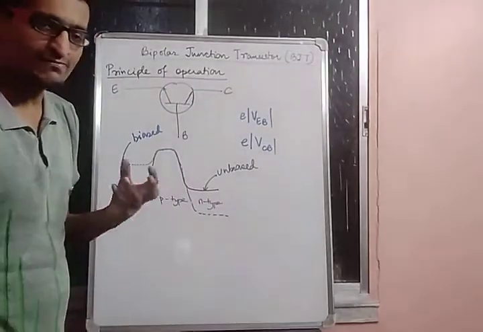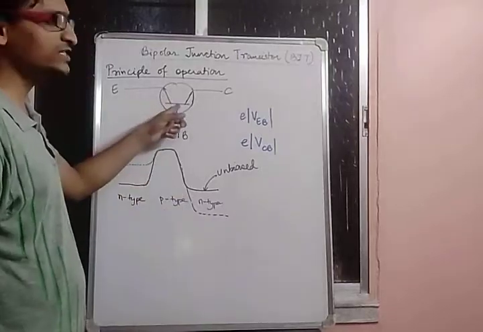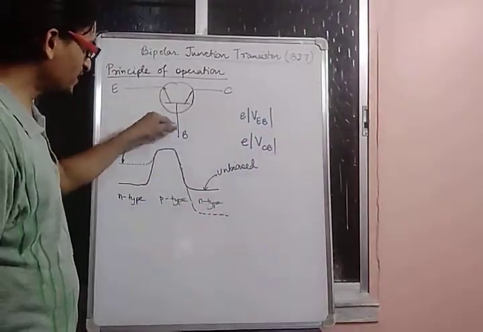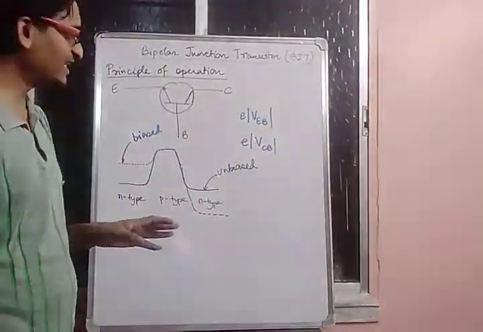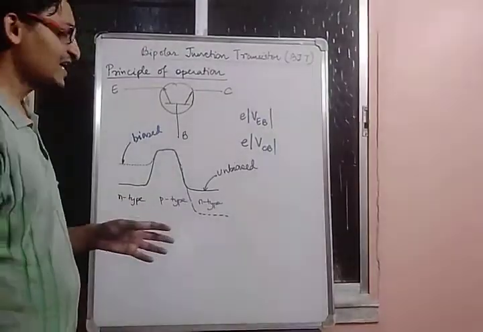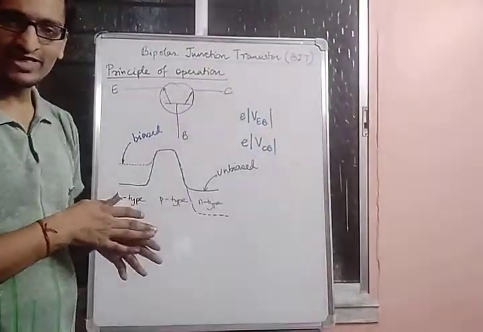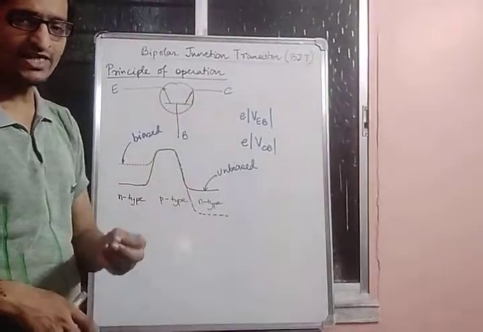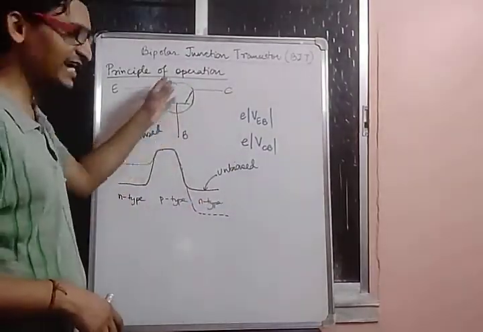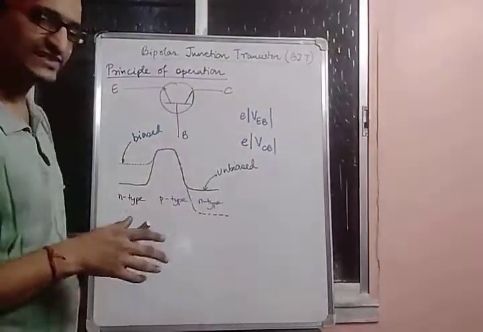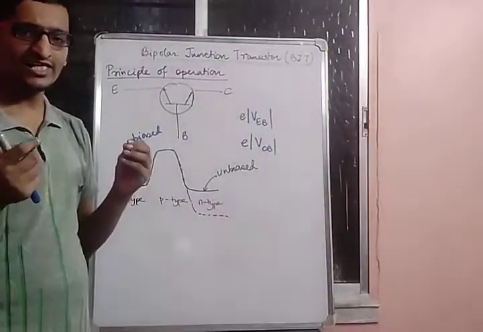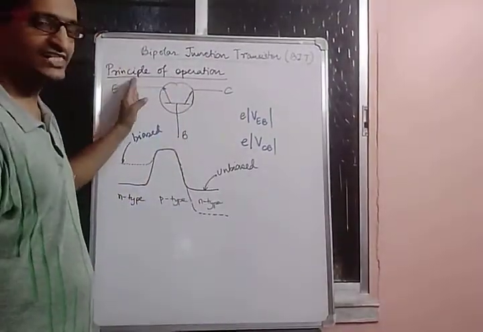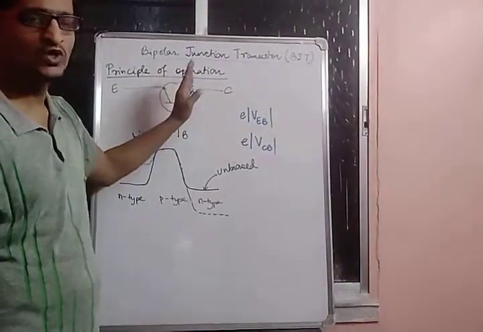In this process, some of the electrons will recombine with the holes present in the base region and will get lost. These electrons contribute towards the base current. The majority of the electrons injected from the emitter region to the base region will reach the collector junction, but a very small amount will get lost in the base region. Since the base is very thin, the number of electrons lost will be very small. In fact, 95 to 98% of the electrons injected from the emitter will reach the collector junction.